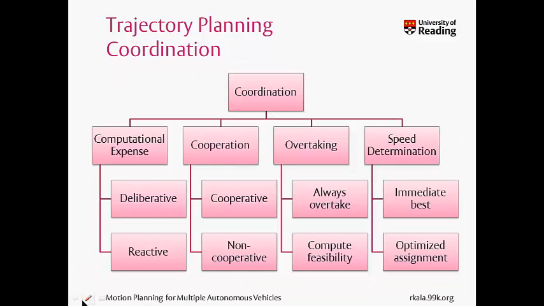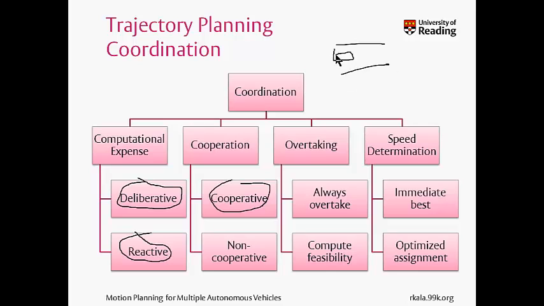So coordination, of course, in general we saw that some techniques were deliberative, which deliberated over the trajectory, thought over it, and some others simply saw the situation and decided this is what needs to be done. Some were cooperative: for a vehicle behind and a vehicle ahead, for this overtake to happen, this vehicle should shift or dip in towards the left, and some were non-cooperative, where this vehicle simply travels straight. And the cooperative ones were better. Likewise, the deliberative ones were computationally more expensive and better.